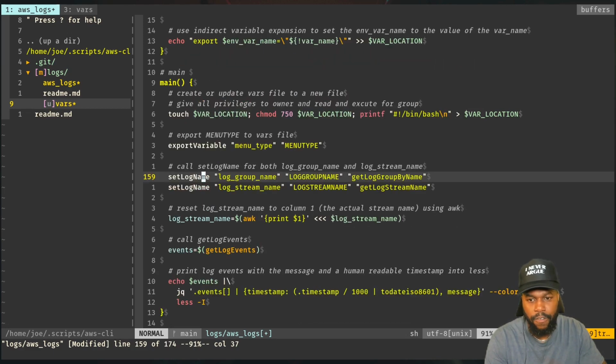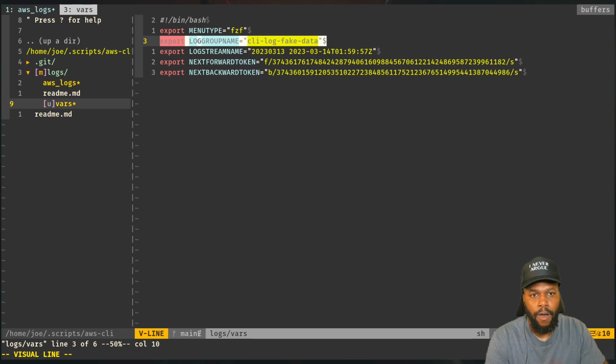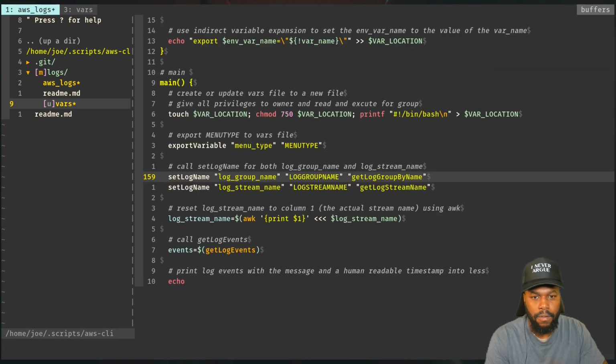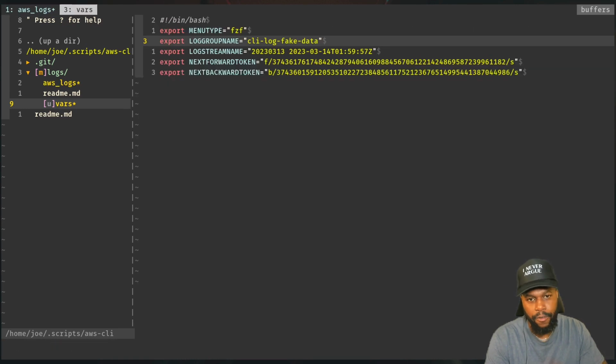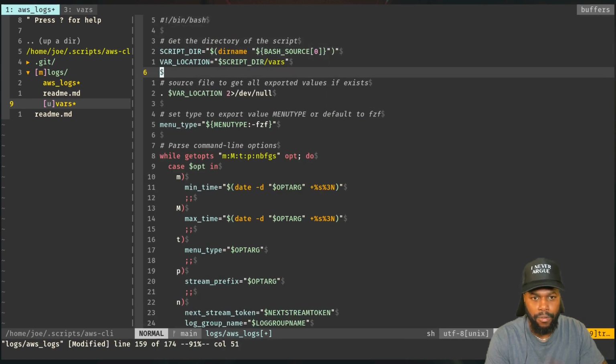And in this case, the first one, the function is get log group name. So it's basically saying if I don't have a value,